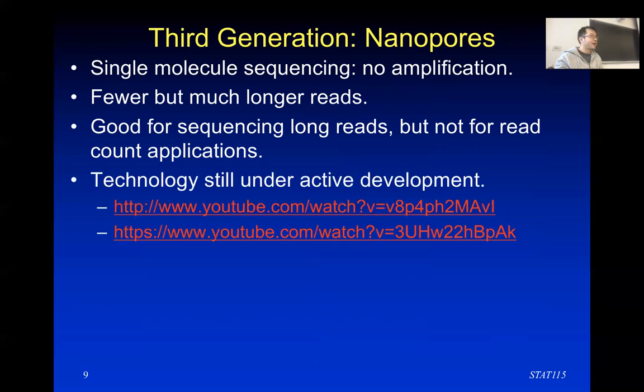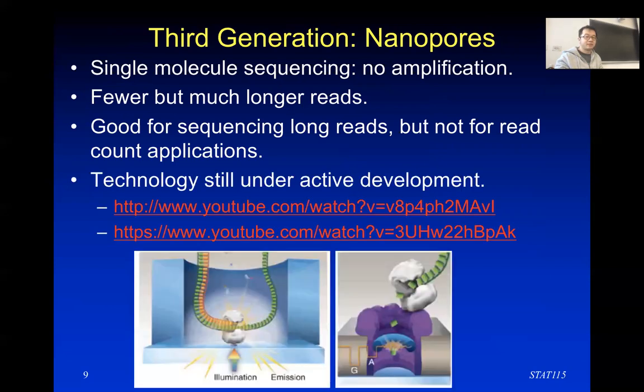But its sequencing error rate is much higher than Illumina, and it's currently under active development. There are two main companies for this sequencing technology, called PacBio and